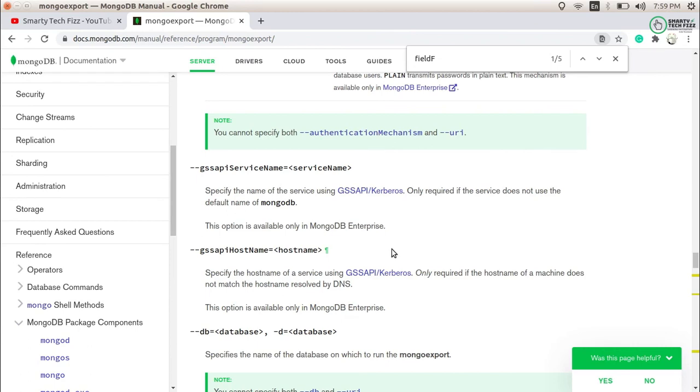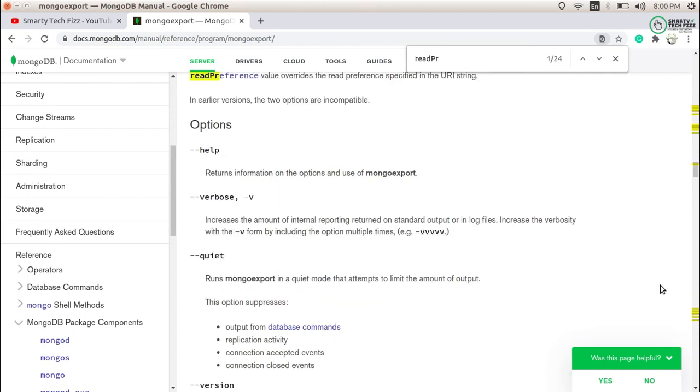So this is all about mongoexport. We have done some basic commands in the previous part. I will mention the link in the description box as well, or you can see it in the cards. And this is the second part, where we learned how to export the documents in CSV format, with some more examples of options. So this is all about mongoexport for now.